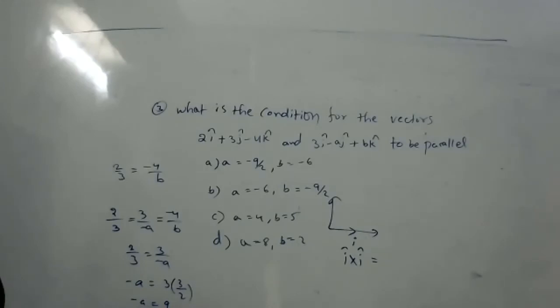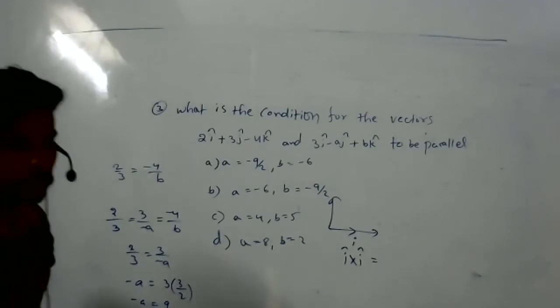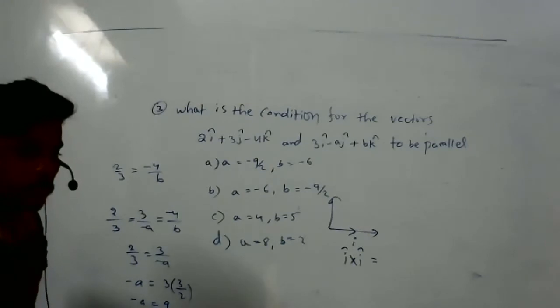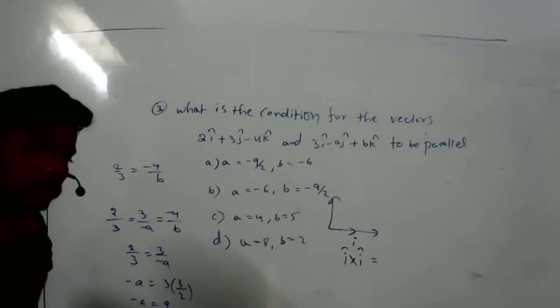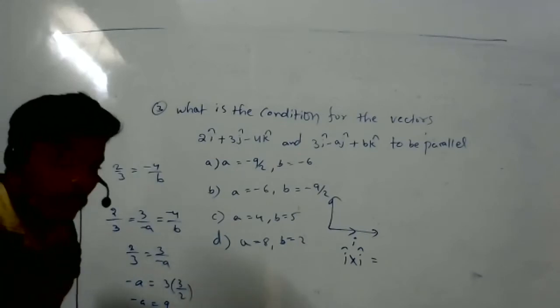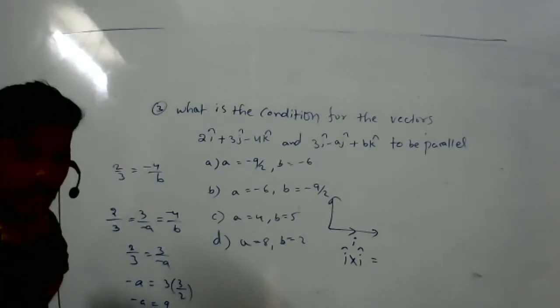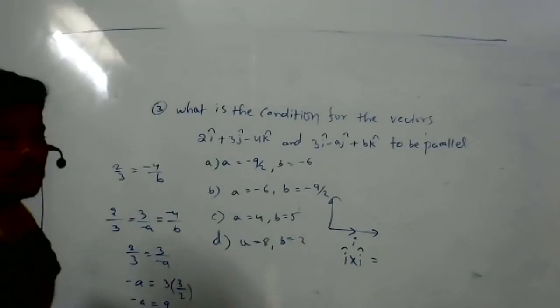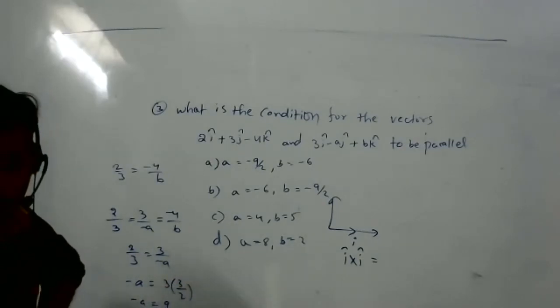Okay, tell me, ma. It might be silly, but I cap cross minus I cap will also be 0, right? I cap into minus I cap, that is 180 degrees. So it will be 0 only, no? Sine 180 is 0, right? Yeah, 0. It's correct. That is also 0, ma. Okay.